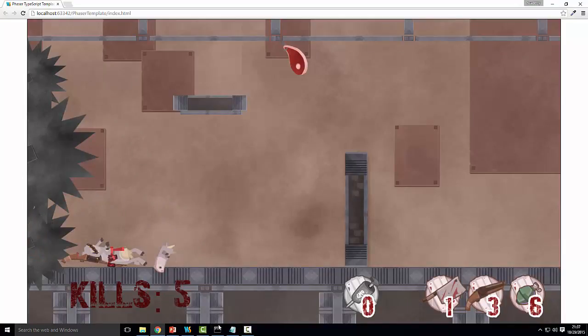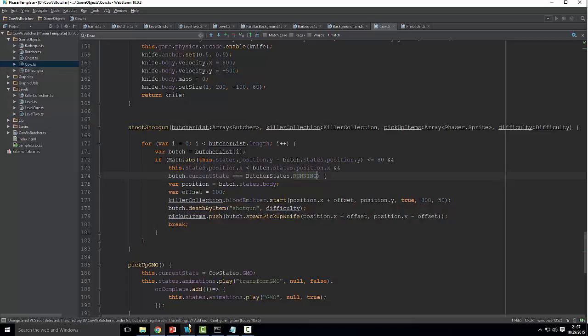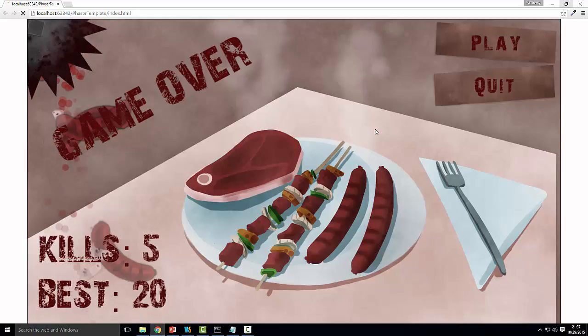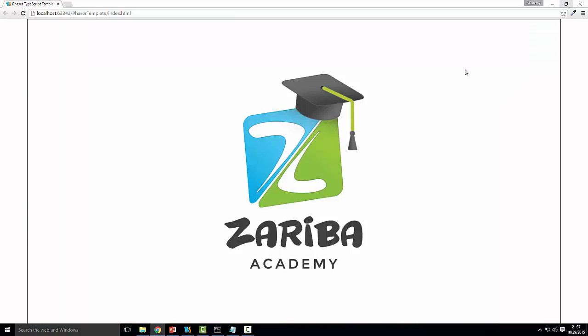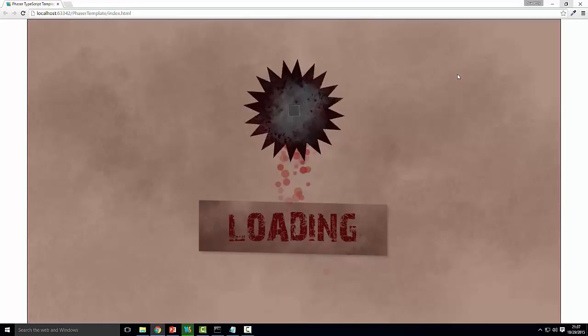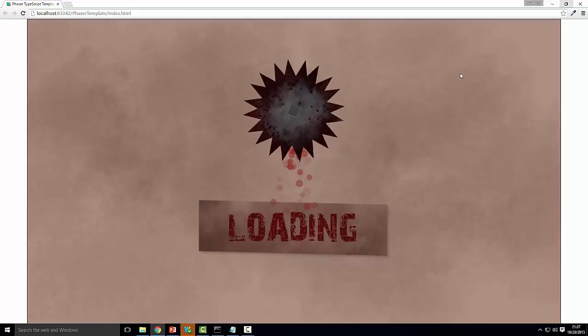Okay, so we fixed a bug where, I'll just uncomment it or actually bring it back to the way it was. So it was like this. So when we're shooting a butcher, we are checking if the current state is not shotgun death, so that we cannot kill him twice. And the bug that appeared here is that if you throw a knife at the butcher and then shoot him while he's on the ground, then